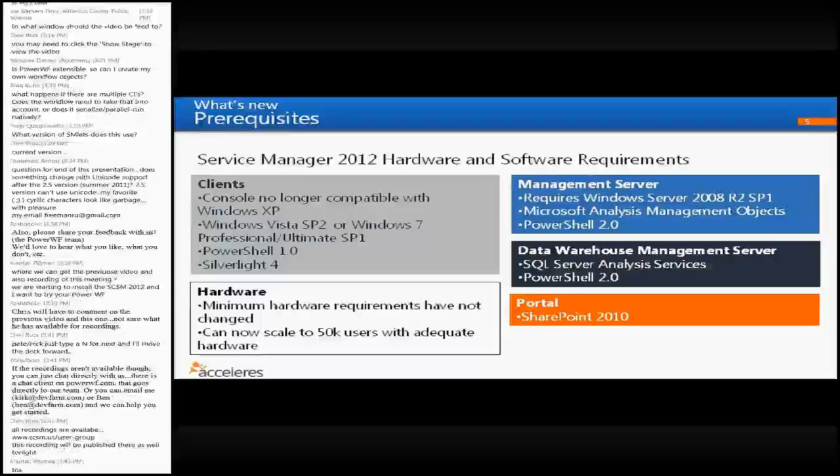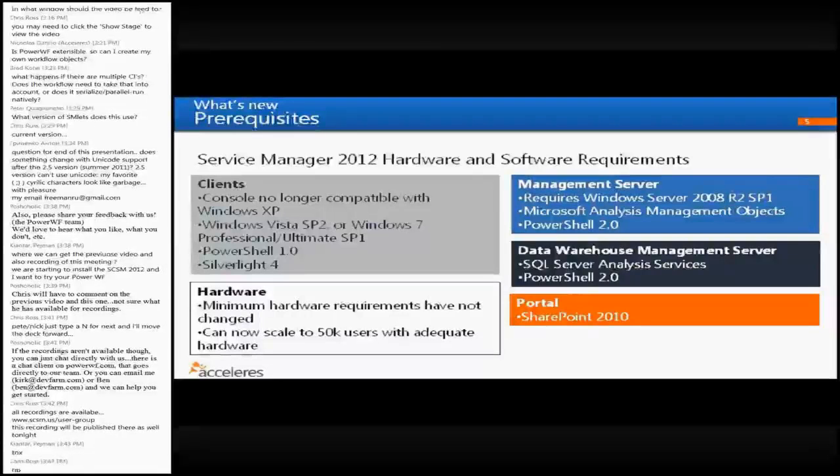And on the management server, it's also going to require Microsoft Analysis Management Objects, which is SQL Server Analysis Management Objects. That's a new requirement because of changes that have been made to the data warehouse, which we'll talk about a little bit later. So those are based on SQL Analysis Services. So you'll need Analysis Management Objects on the management server so it can process the cubes. Also, both or any of your management servers will require PowerShell 2.0 to work with the new SMlets, the 1.0